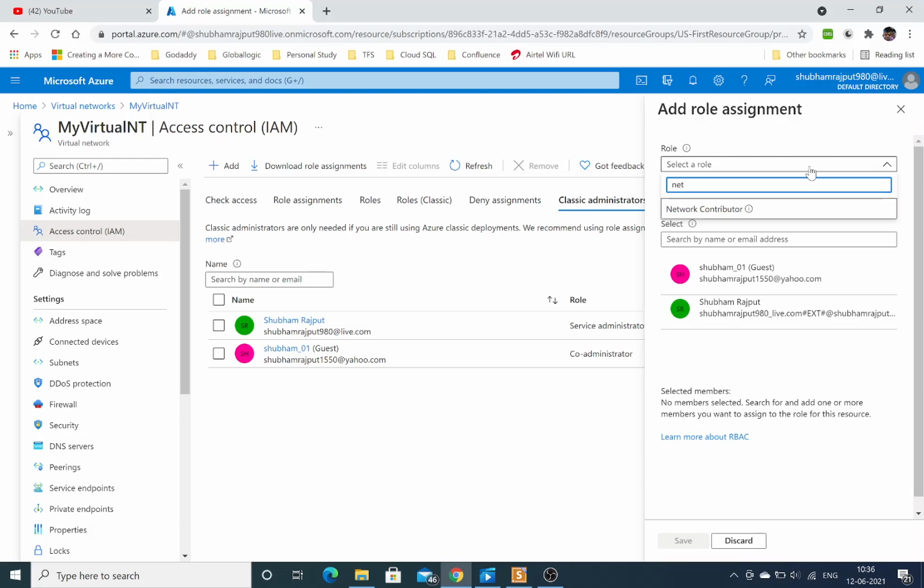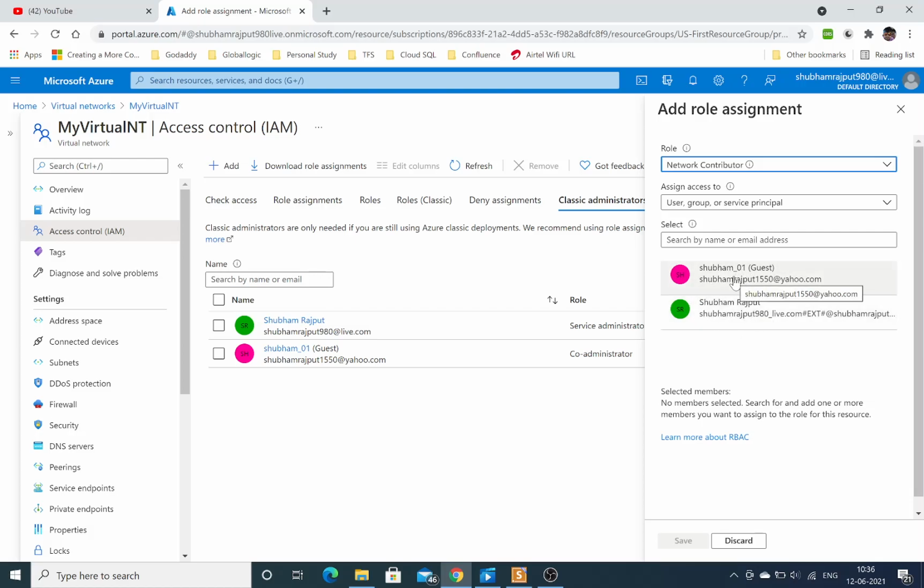Network contributor. Right now I have only two users, but in a real-time scenario there would be many users, or you can create different users, for example a DevOps team member, and you just provide the network contributor access to that user.